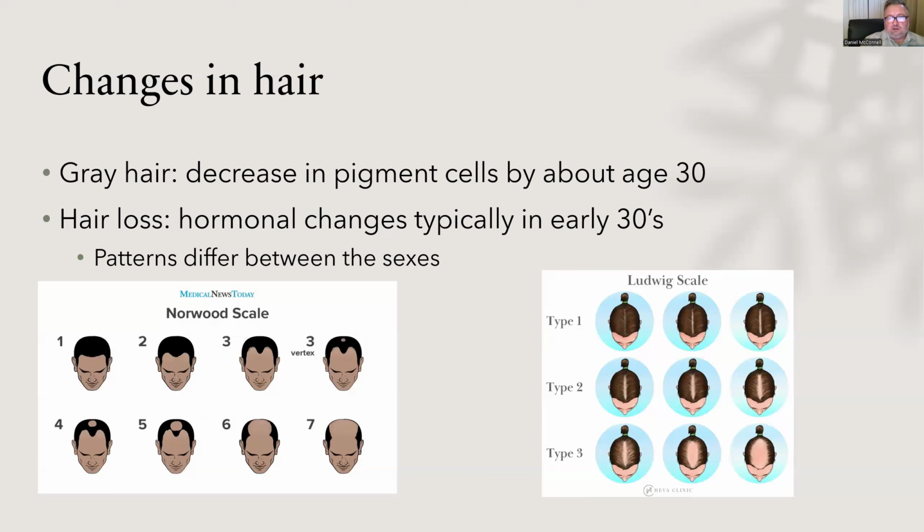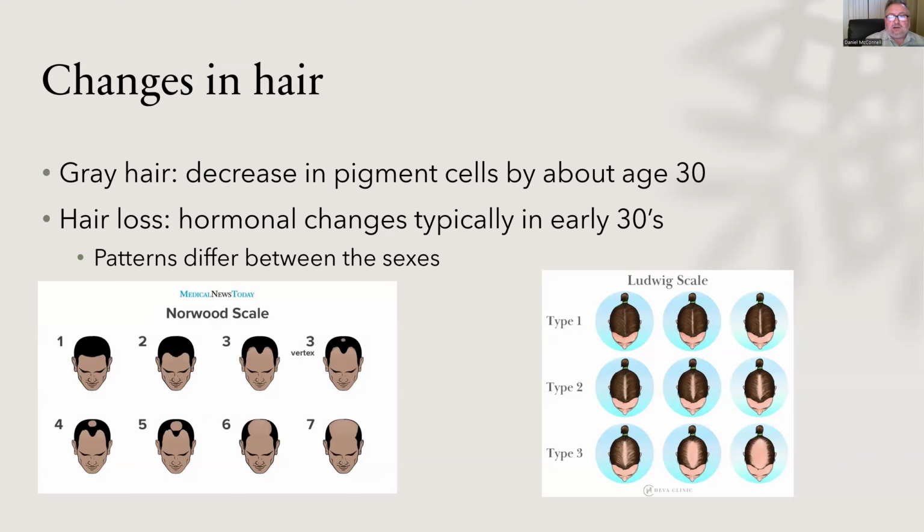For females, it's a little bit different. We start to see a widening of the part on the top of the head. And what's not so easy to see here, and you can kind of see it maybe in the type 2 row here, is that there's also a lot of what's called diffuse thinning. So what's happening is that it's not just one patch that occurs right there in the center where the part is, and then it just spreads and gets wider. But all throughout the rest of the scalp, there's a lot of thinning of the hair happening there as well. And so more scalp is visible between the hairs, especially as you can kind of get a sense of that in the type 2 row.